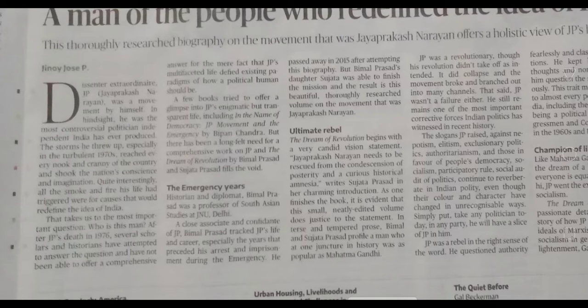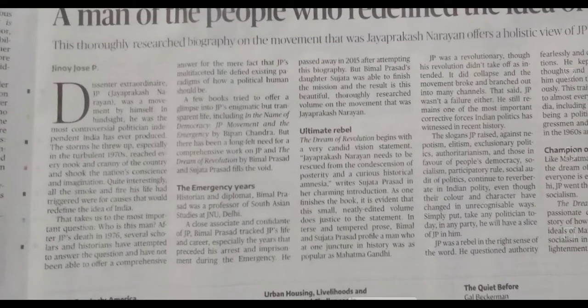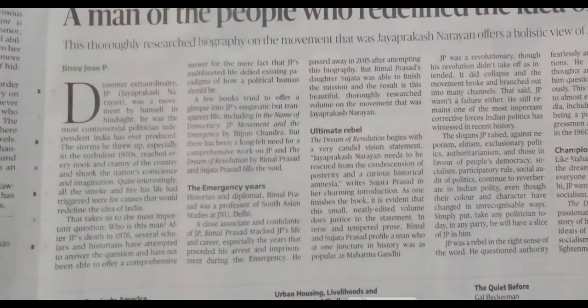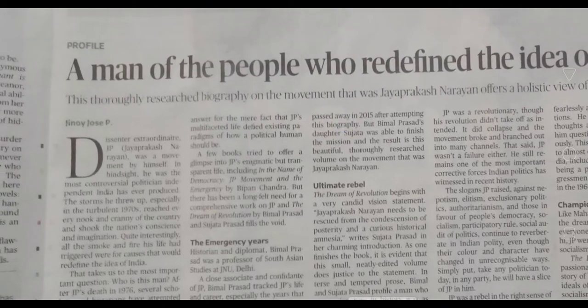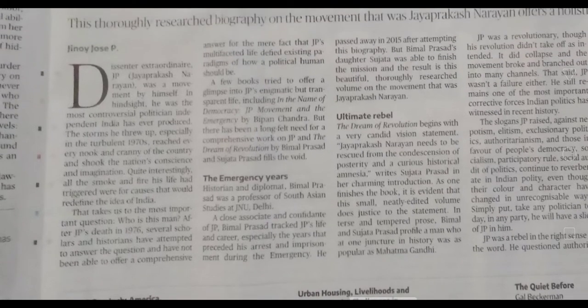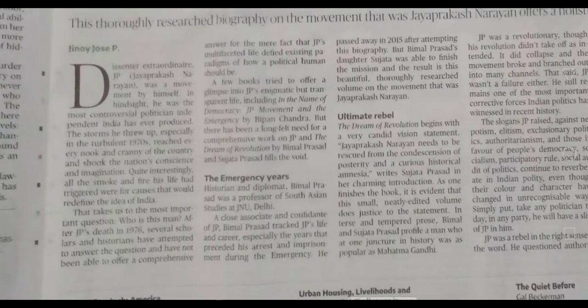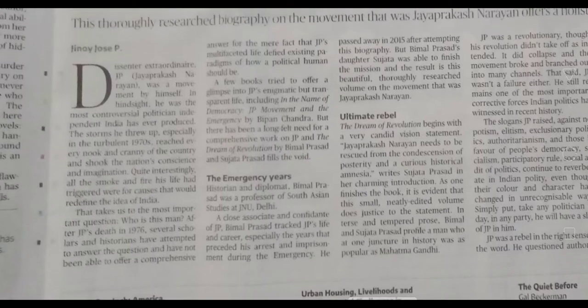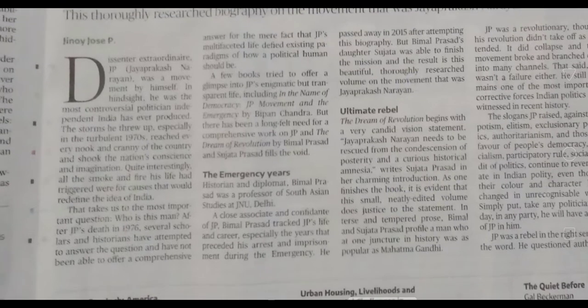The storms that he threw up, especially in the turbulent 1970s, reached every nook and cranny of the country and shocked the nation's conscience and imagination. Quite interestingly, all the smoke and fire his life had triggered were for four causes that would redefine the idea of India. भारत का विचार को redefine किया. That takes us to the most important question: who is the man? After JP's death in 1976, several scholars and historians have attempted to answer the question, and have not been able to offer a comprehensive answer, for the mere fact that JP's multifaceted life defied existing paradigms of how political humans should be. A few books try to offer a glimpse into JP's